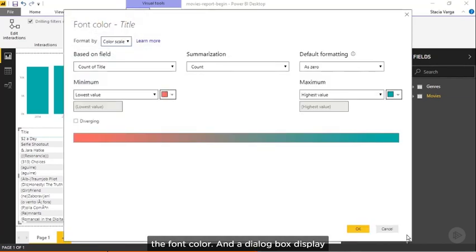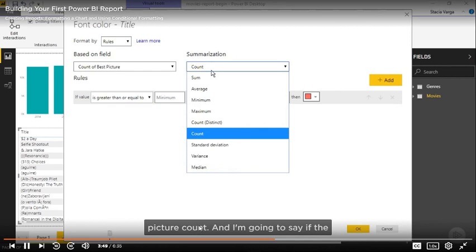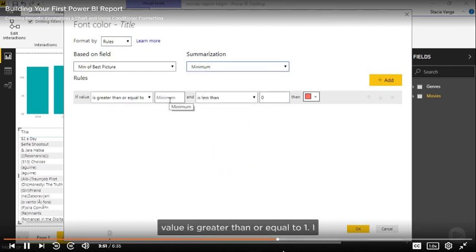And a dialog box displays asking me how I want to do formatting. So I just want to format it based on a specific rule, based upon that Best Picture count. And I'm going to say if the value is greater than,